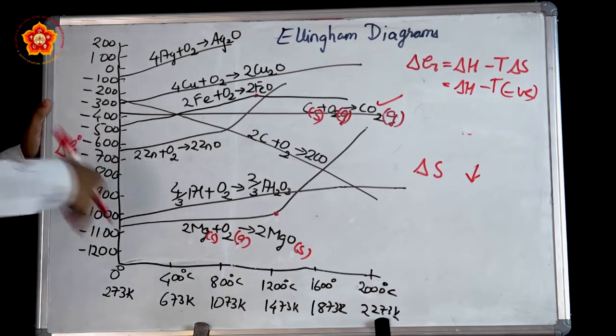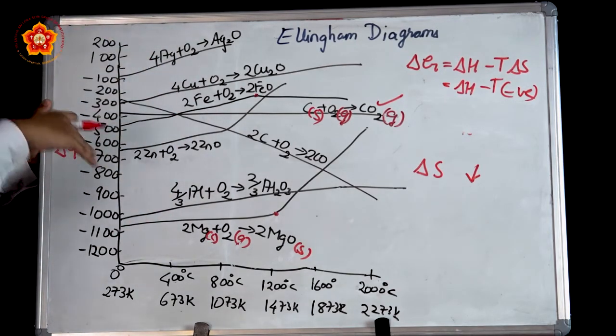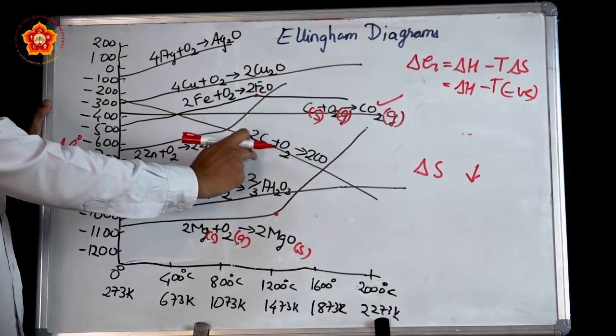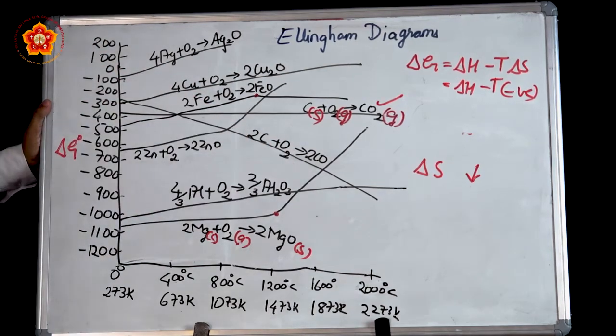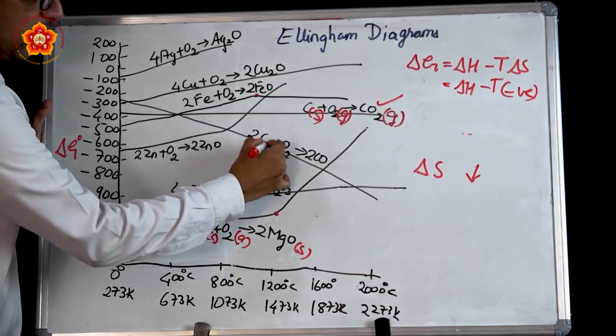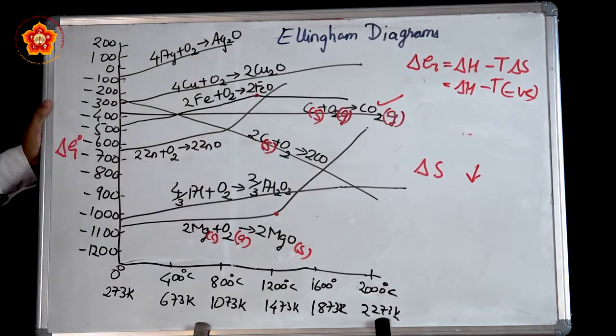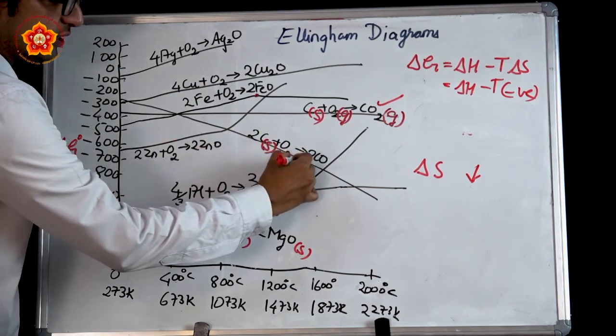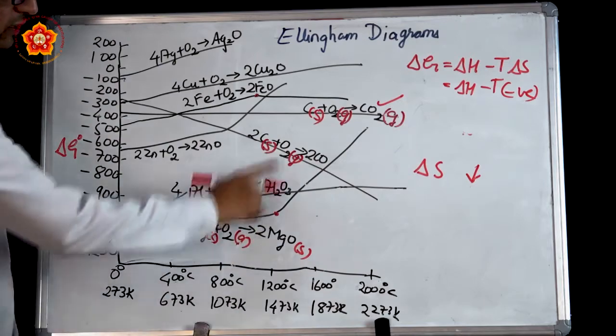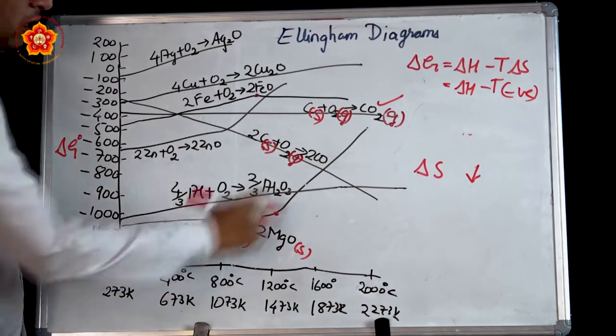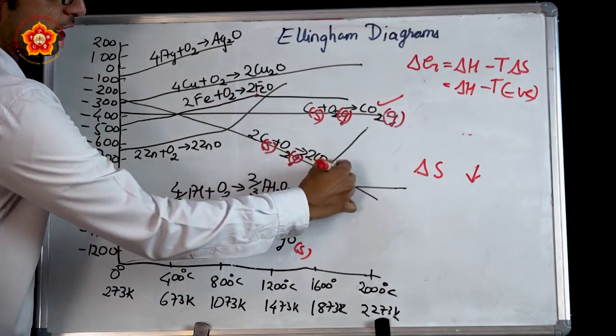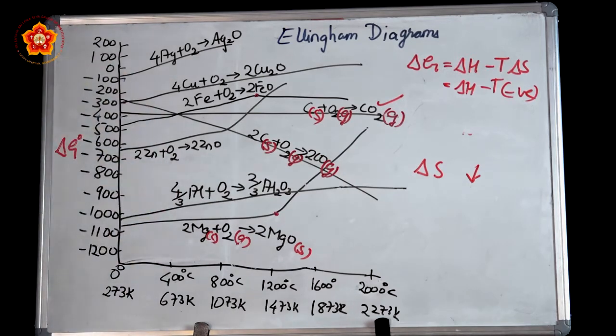Having seen the explanations of these, you must be able to guess the reason for this curve being down. Let us go with the explanation. Carbon is in solid form, which is coke. Oxygen is in gaseous form, and remember that there is only 1 mole of oxygen. For carbon monoxide, you are getting 2 moles because you are balancing this reaction.